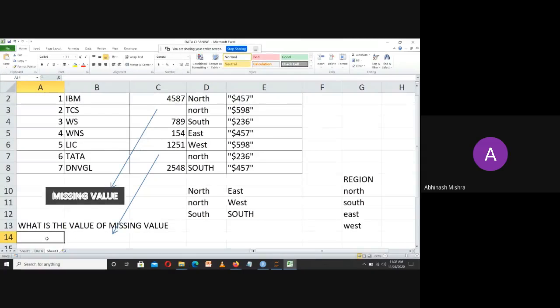I don't know what will be the value for a missing value. How will we be treating these missing values? How will we label them, misclassify or correct the spellings? What is this correct spelling called?